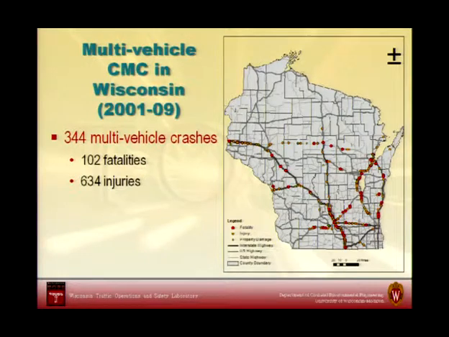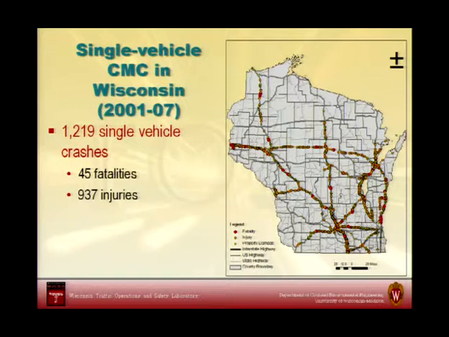And if you look at the state of Wisconsin, our freeway systems are very much illuminated by the dots on these maps, right? As you might imagine, our major freeway systems, our interstate systems, our divided highway systems were frankly littered with median crossover crashes at different locations, though obviously the scale of the dots makes it look a little bit more continuous than what it really was. But nevertheless, when we look at multiple vehicle crashes, quite a number of them, and when we look at single vehicle crashes, kind of the same type of issue.